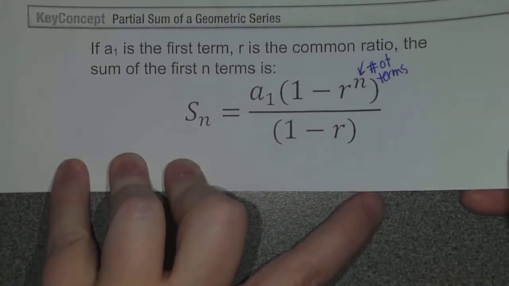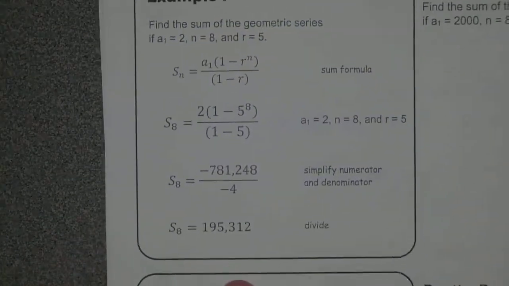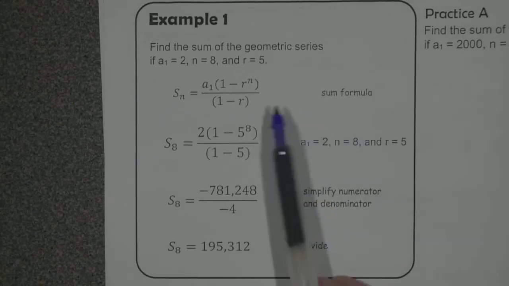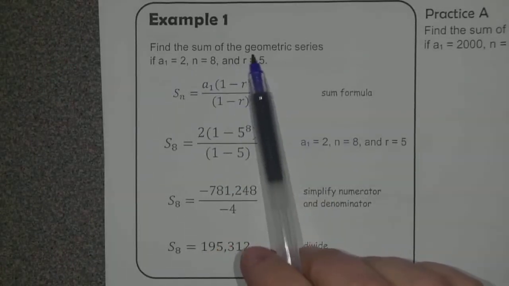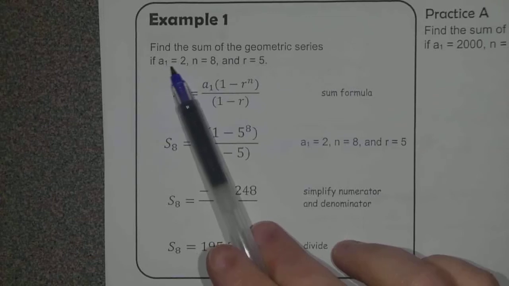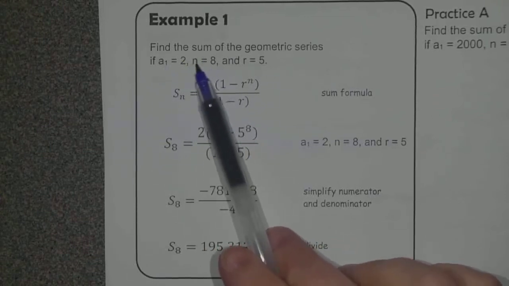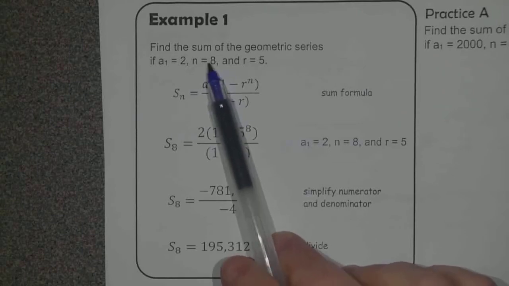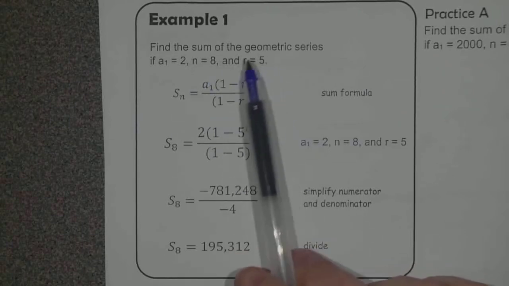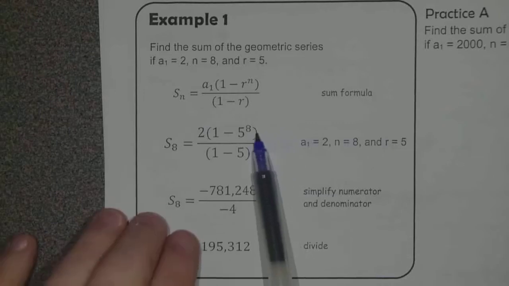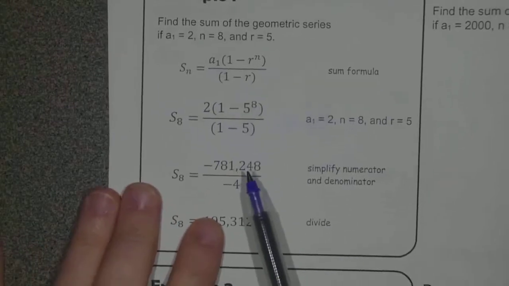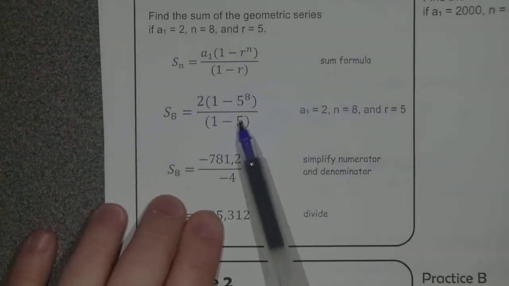And it just turns into algebra from there. Okay? So here's an example that's already done for you of using that formula. It will say find the sum of the geometric series if A1 is 2, meaning the first term is 2. We're going to sum the first 8 numbers, and the ratio is 5. So they just substituted those numbers into the formula, and we simplify the top and simplify the